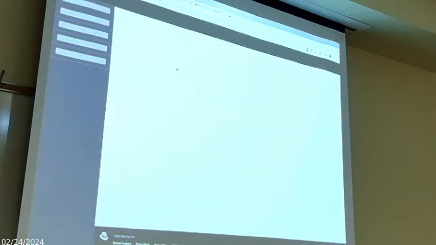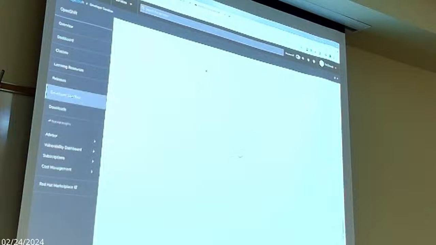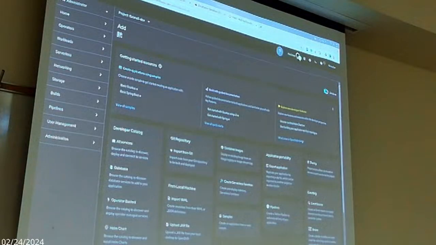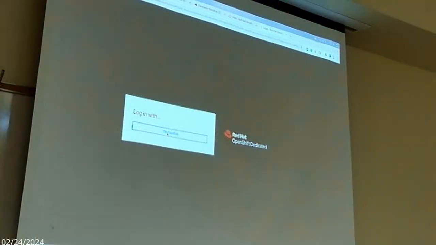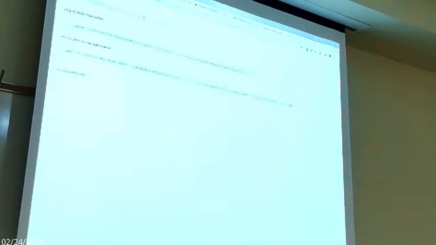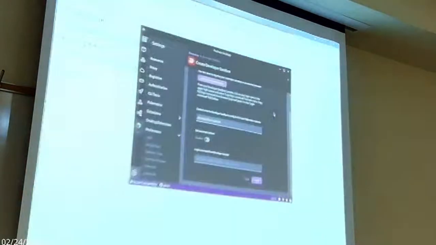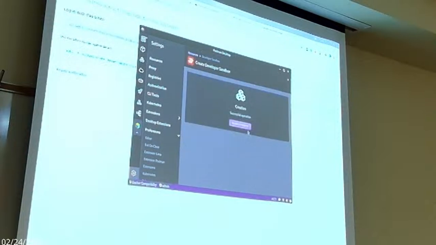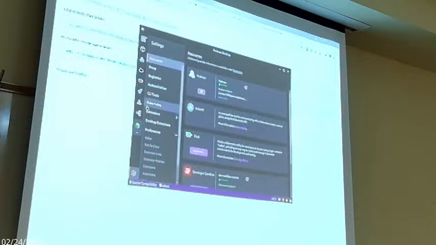All right, so the console loads. I'm in the developer sandbox. I want to launch OpenShift, so it launches another window. And then what I want to do is get my login command. Yes, login with the dev sandbox, display my token, and here's my login command. So I'm just going to copy that, come back over to Podman Desktop, paste in my login command, hit create, and now I have a successful